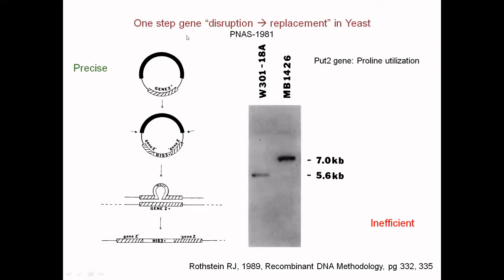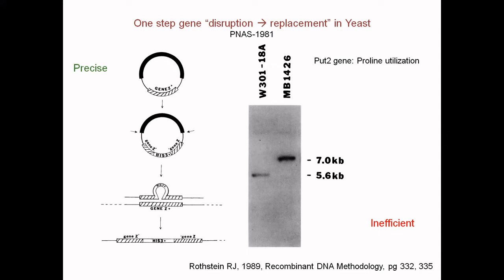something was experimentally proven, as you can see here. This is a gene Z. In the gene Z, there is the insertion of a 3 amino acid histidine coding region in the middle of the gene Z. So this is the wild type W30118A, and in the middle of this gene, there is an insertion of the histidine in the PUT2 gene, and this is the transformed version known as the MB1426. This is